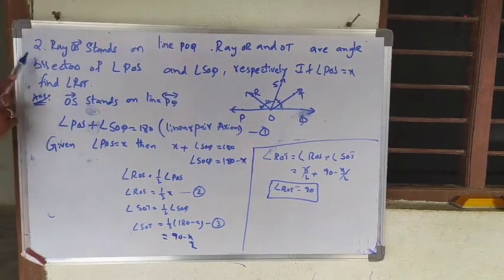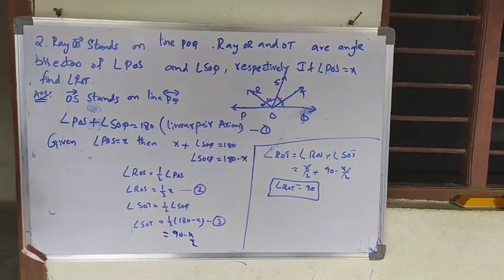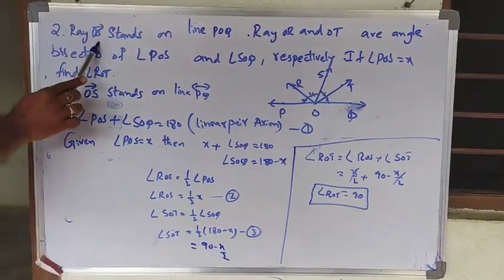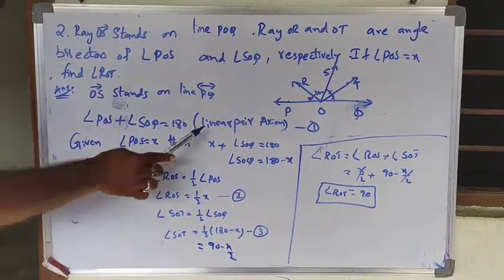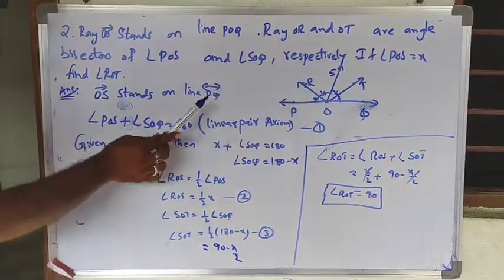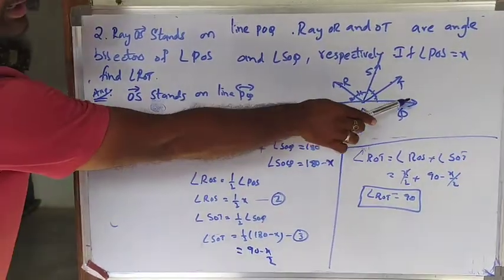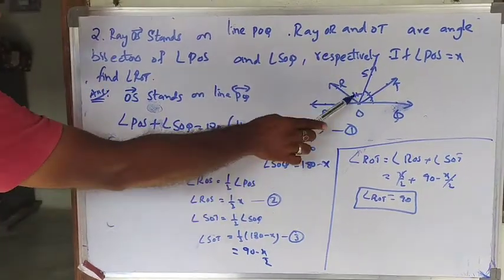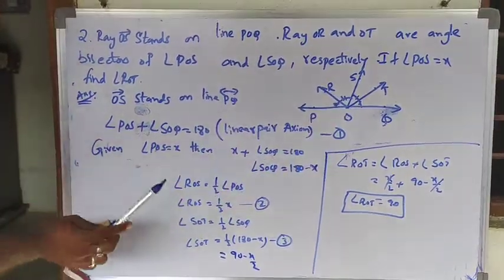Very good morning, students. Today we are going to discuss the second question. Here the question is: ray OA stands on line POQ. Here we can see line POQ. On this there is one ray called OS which is standing. So if a ray stands on a line, then automatically these two adjacent angles will make 180